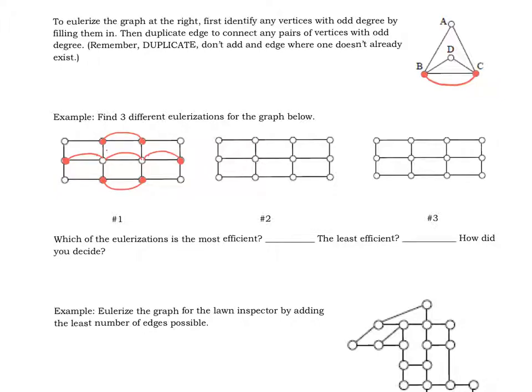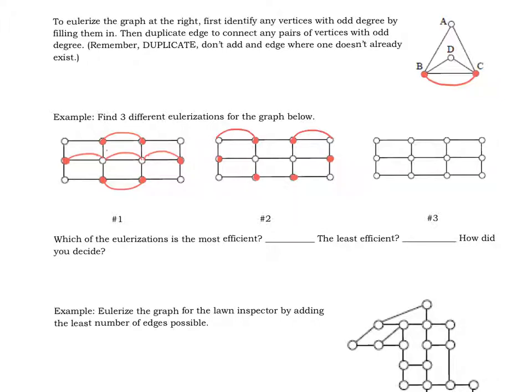Now, if we do that again, so we know the same vertices are odd to begin with, we're going to come up with a different Eulerization than the one we just did. So let's say I can't connect these two in the top row together. That wouldn't be the same. So let's say I connect them, let's go that way and that way. If I did that, now those vertices in the top corners, the top left and top right corners,